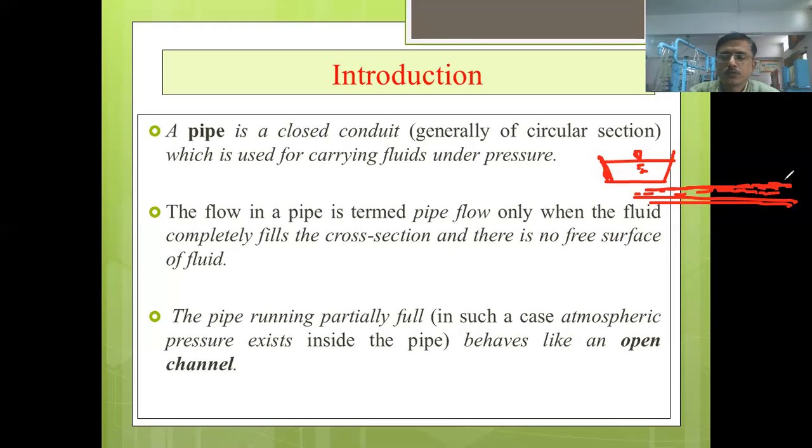And that flow takes place due to gravity. But in case of pipe flow or pressure flow, the flow takes place due to the pressure gradient or pressure variation. Liquid flows from higher energy line, higher head, to the lower head. The pressure may be more or less, we cannot say anything about that. But in case of pressure flow, the pressure is the main cause for the flow of the liquid.